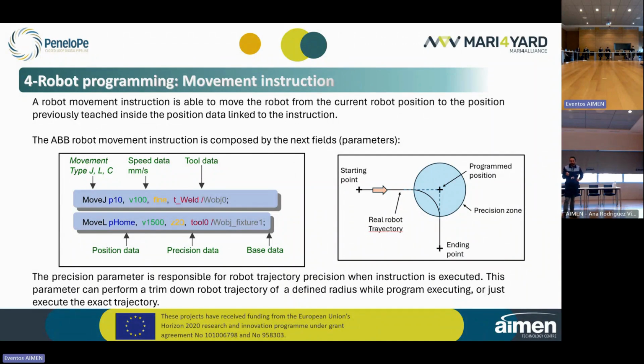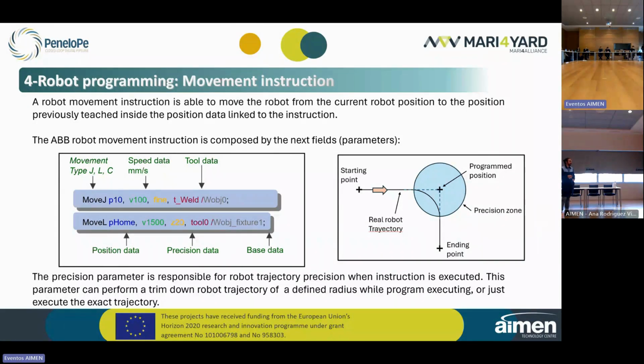If we speak about movements for processing something on a part, we have total control of the movement of the robot when we execute a move L movement. So the move J is just to move the robot from one point to another before starting to work on the part. Okay, but when we start to work on the part, we always need to work with move L instructions. All right, so